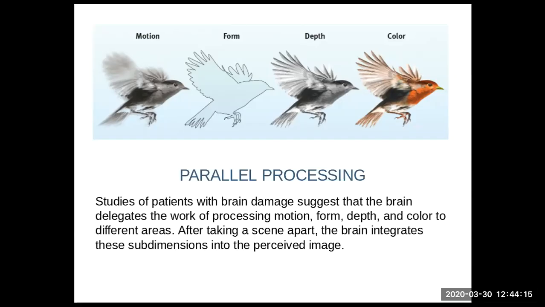Certain neurons are processing the color, certain neurons, right, and that would be from the cones, information from the cones. From the rods, we're getting form and motion, right, and clarity and depth perception would also be part of the cones. So we are getting information from the different types of photoreceptor and different clusters of neurons that are processing things like motion, form, depth, and color.